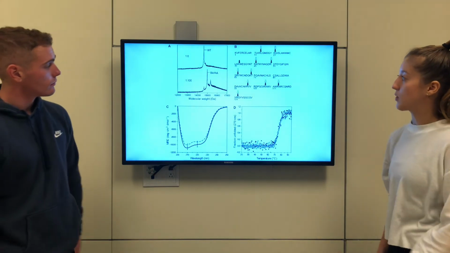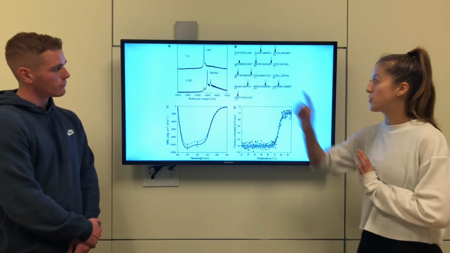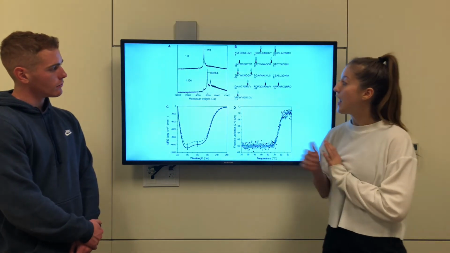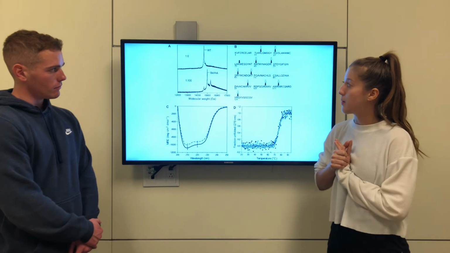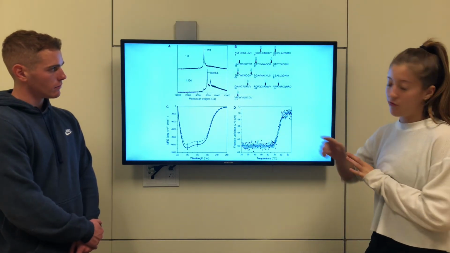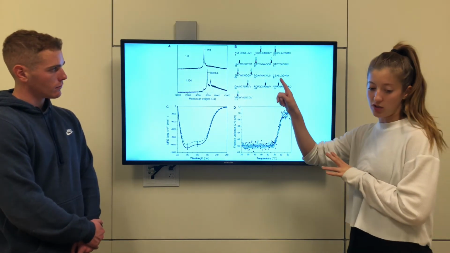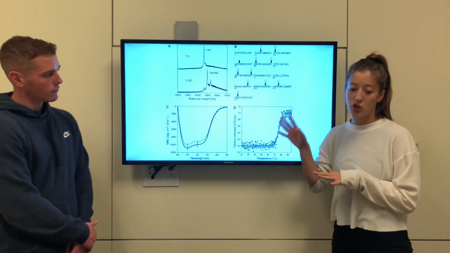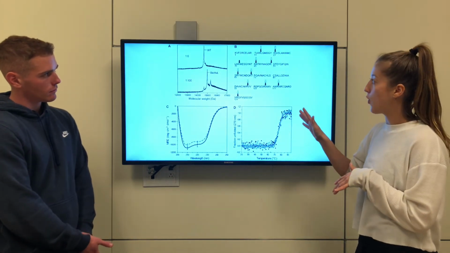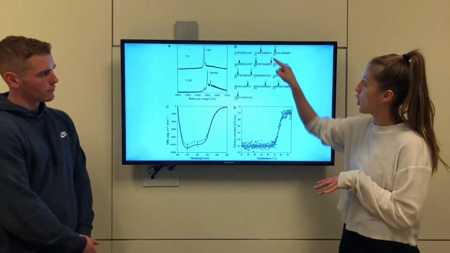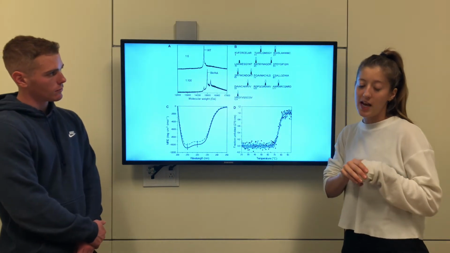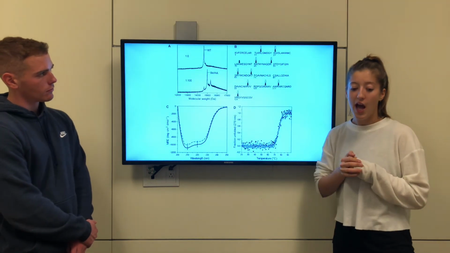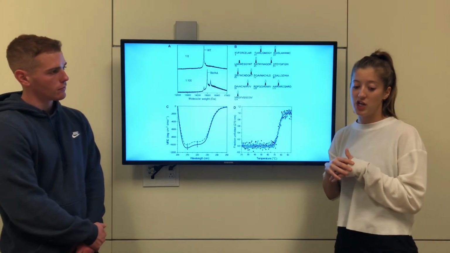So as you can see here are some of the images and results that they found. In the first one, you can see up here the wild-type lysozyme and its molecular weight, as well as down here the biotin-labeled enzyme. They're very, very similar. Over here in picture B, this is the primary sequence of the human lysozyme, and it shows the sites where trypsin digestion occurred. In the biotin-labeled enzyme, it's the open gray arrows, and for the wild type, it is the filled black arrows. You can see that specifically at residue 33, that is the only site where trypsin digestion does not occur